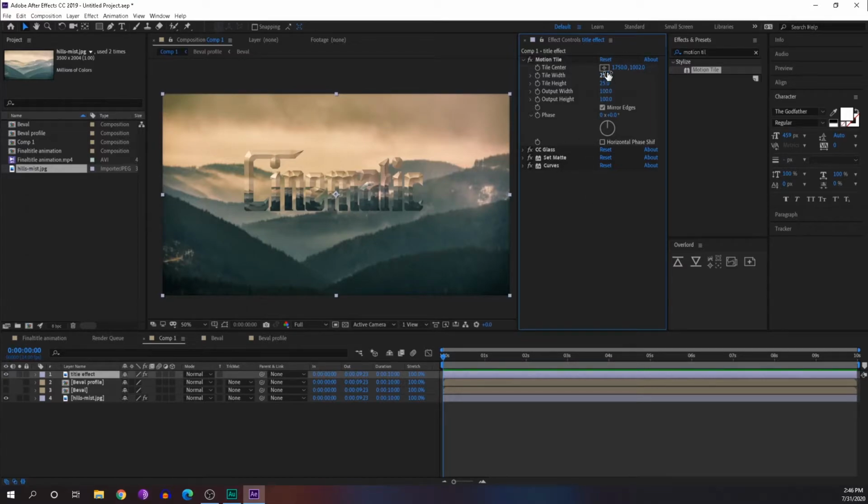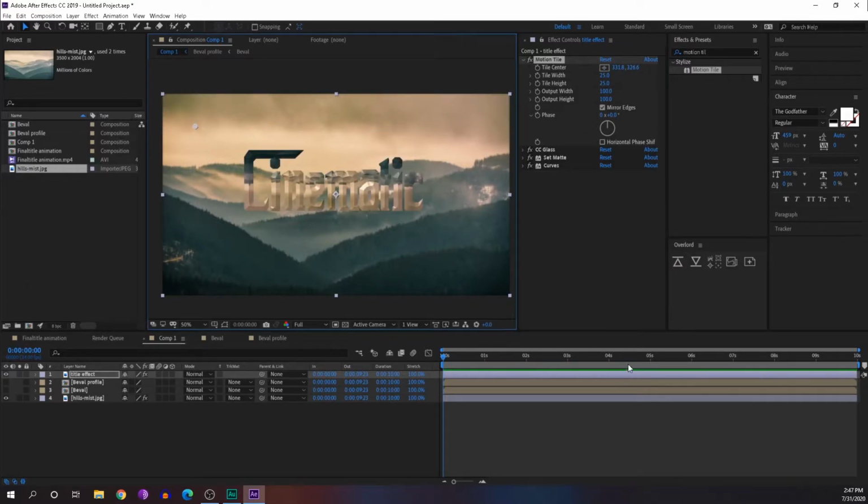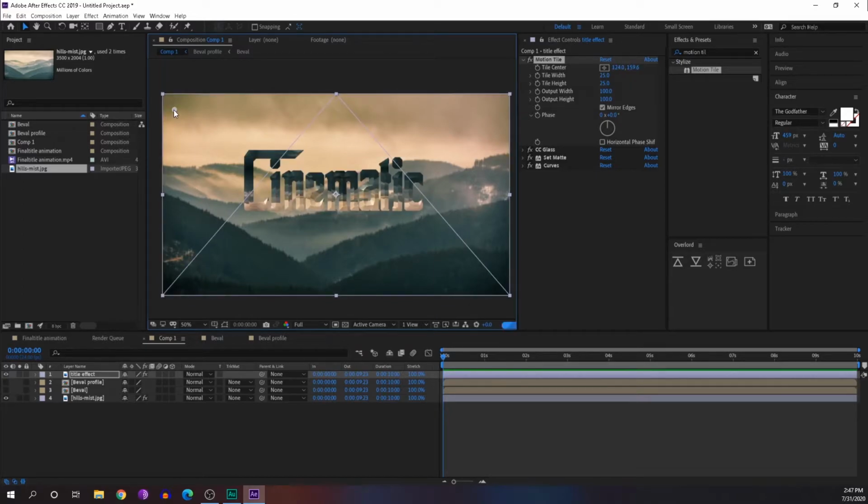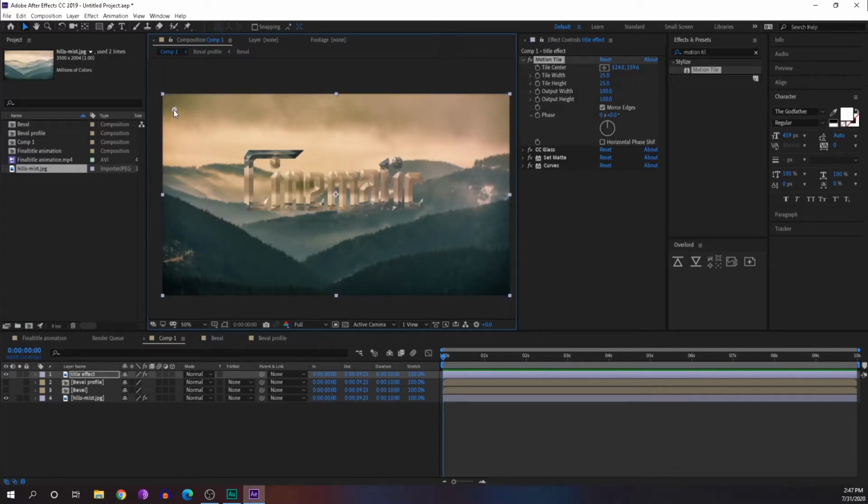Now what we can do is animate this tile center in order to create some reflective animations. So for now I'll just select it. For demonstrating, you can see as we move that tile center, we are creating more effects, more reflections.